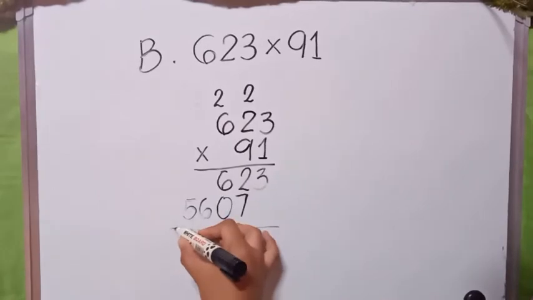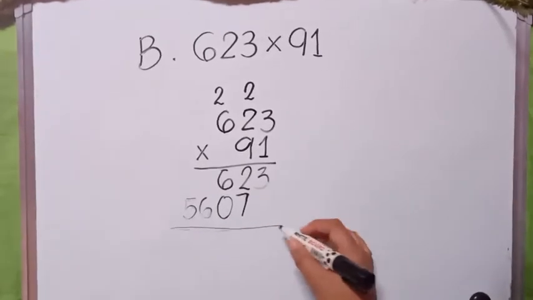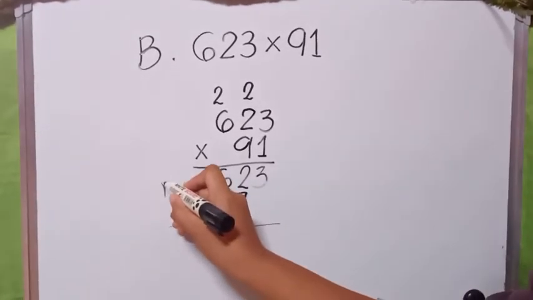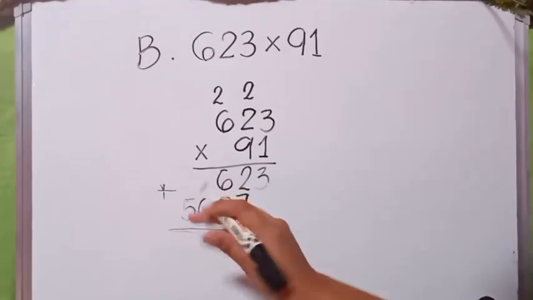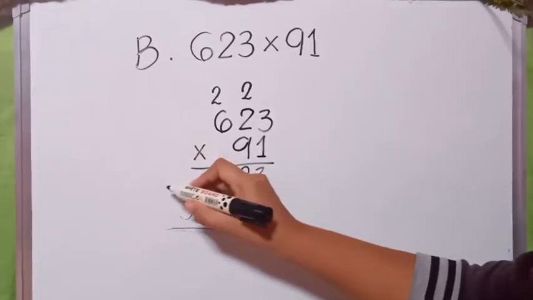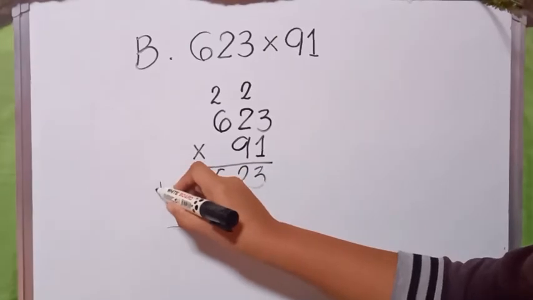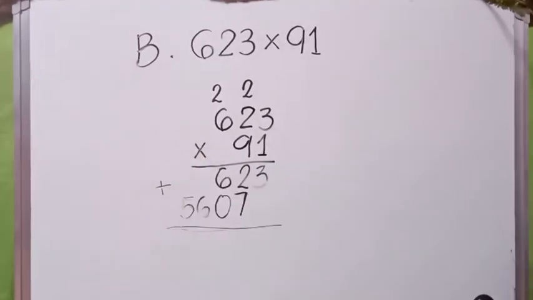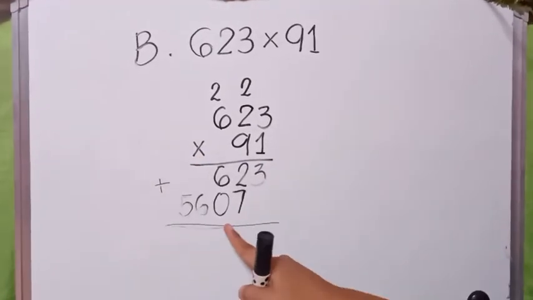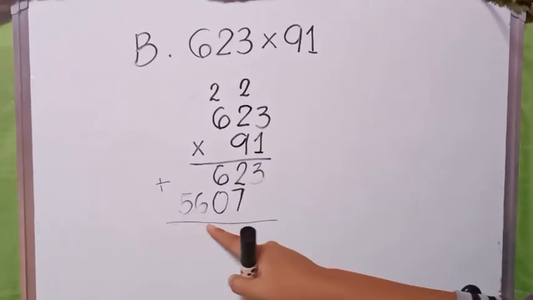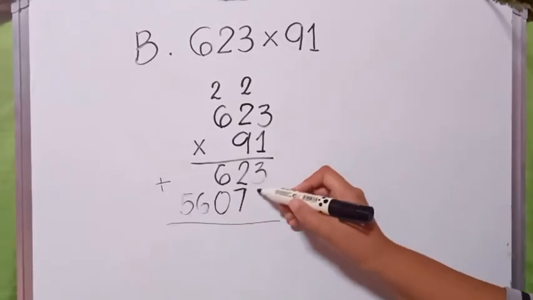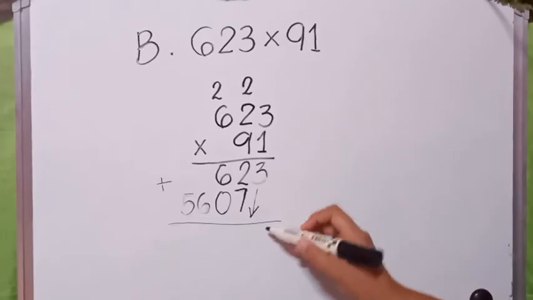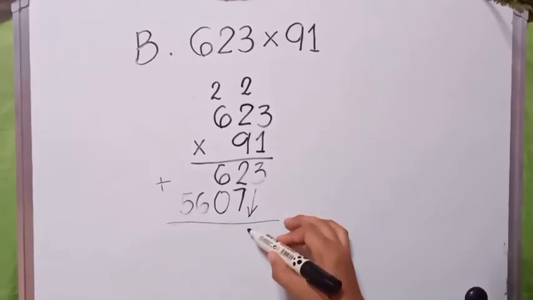Now that we got the products of the following, we can simply add them to get our product. Okay, so because 3 has no partner, we just need to bring it down or copy